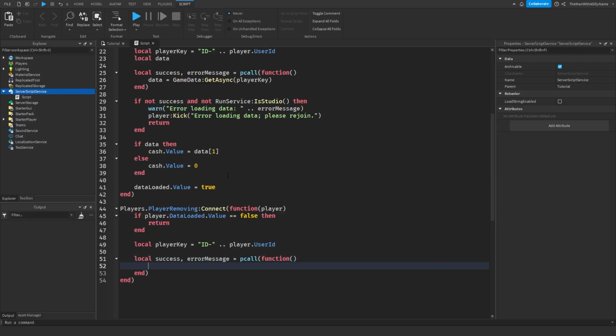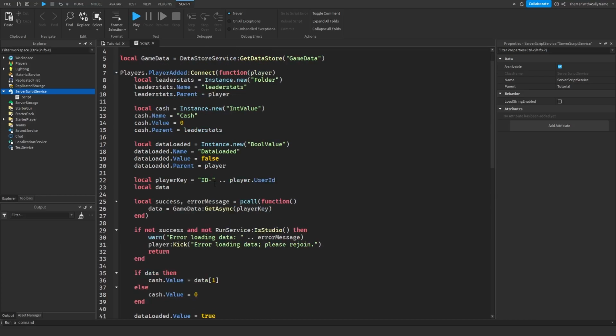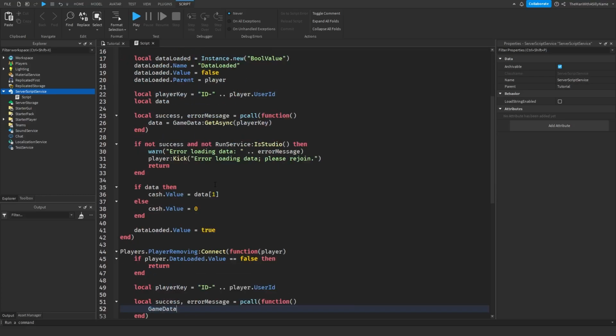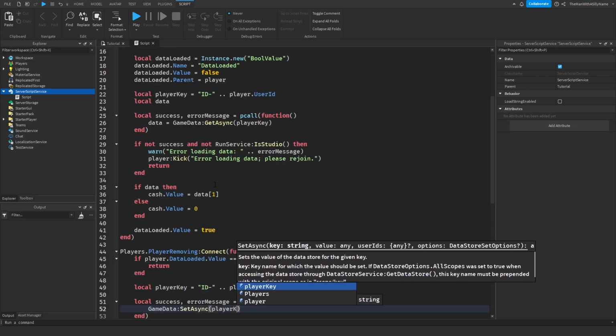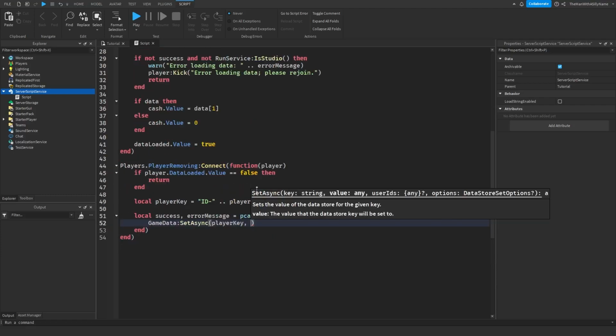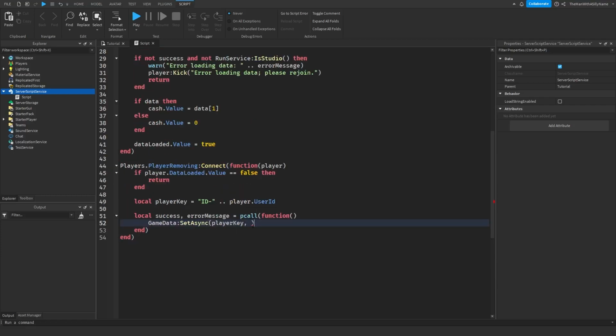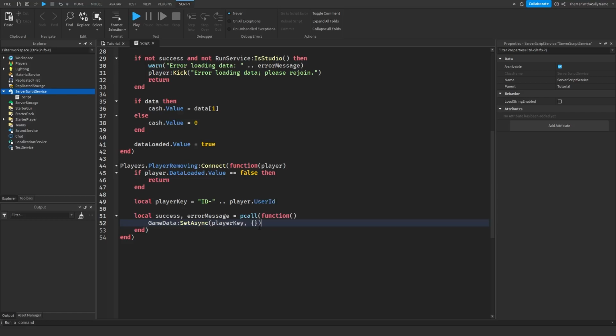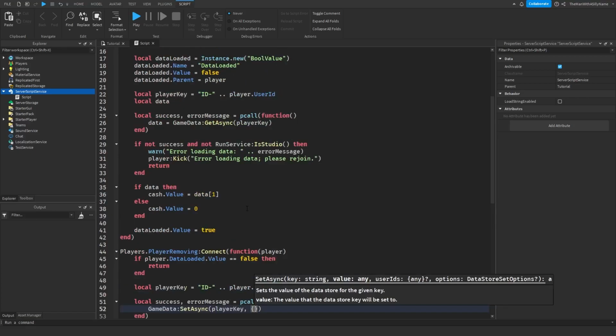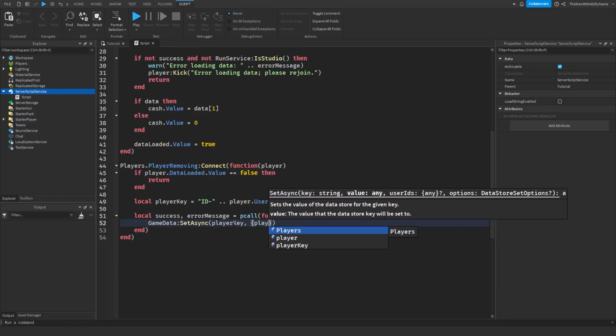So we're going to type in the name of our data store, that's game data. And then say setAsync, and then we're going to put in the player key. And then next we need to give this function the data that we want the data store to save. So we're going to type in squiggly brackets, because it's going to allow us to save multiple items if we want. But for right now we only have one item, so we're just going to say